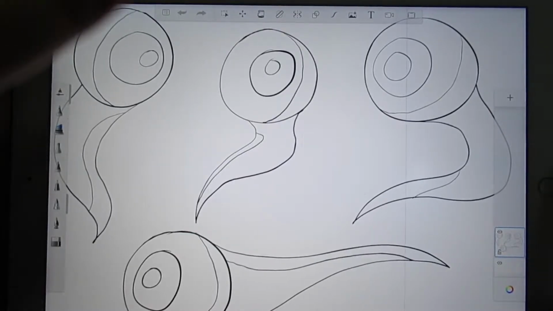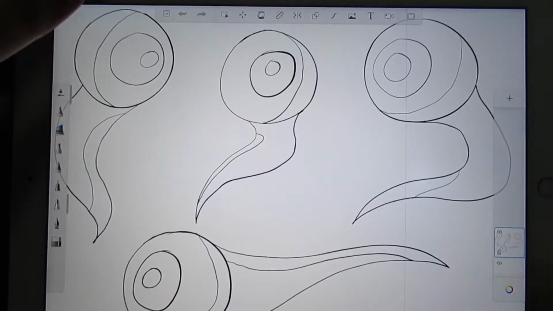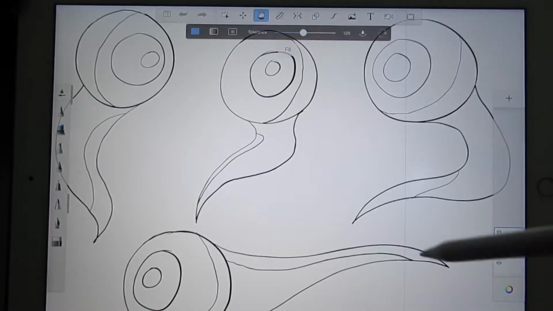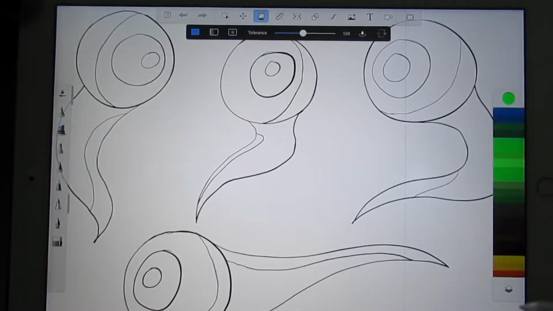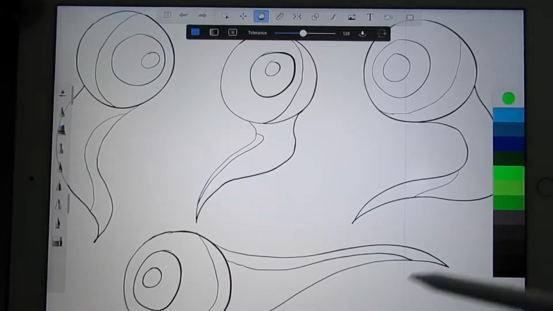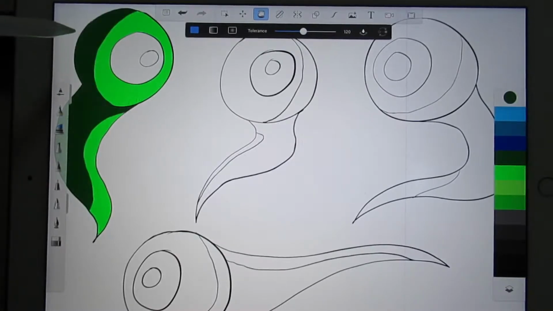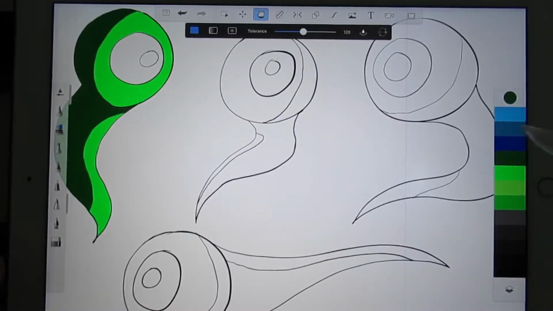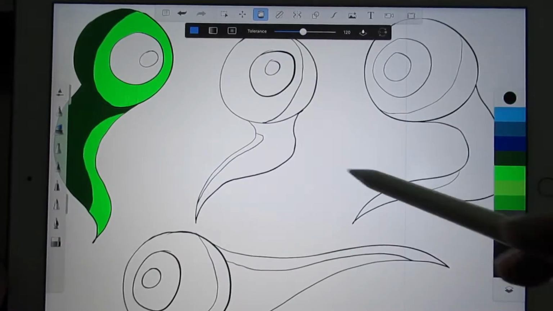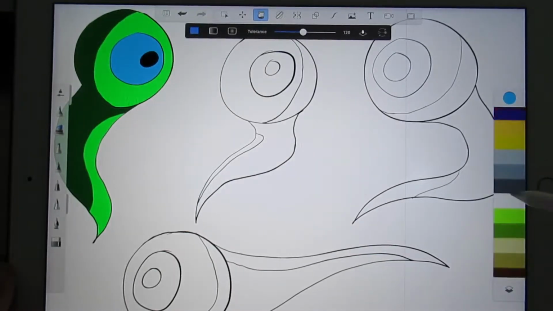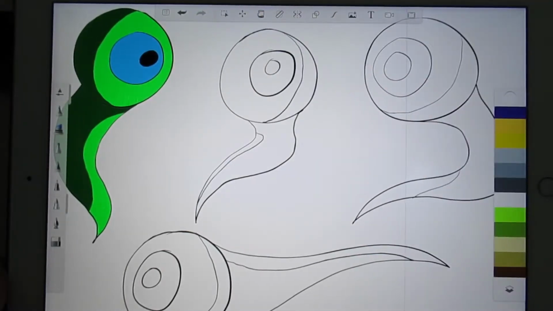So the first thing that I always do, once I have the shading lines, once I have everything, is I go into the paint bucket. Let's see, if we're gonna do Sam, we would do a very bright green, and then we'd take the darkest green, like an army green. Do that, then get some black, some blue. Now we get some white. Come out of the paint bucket,